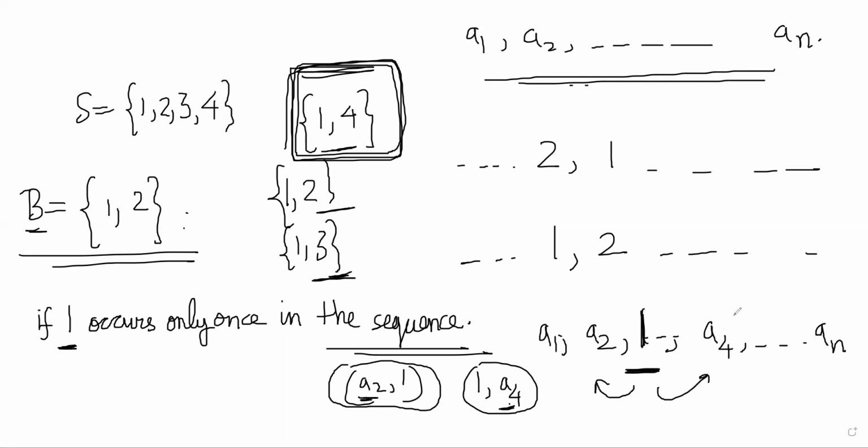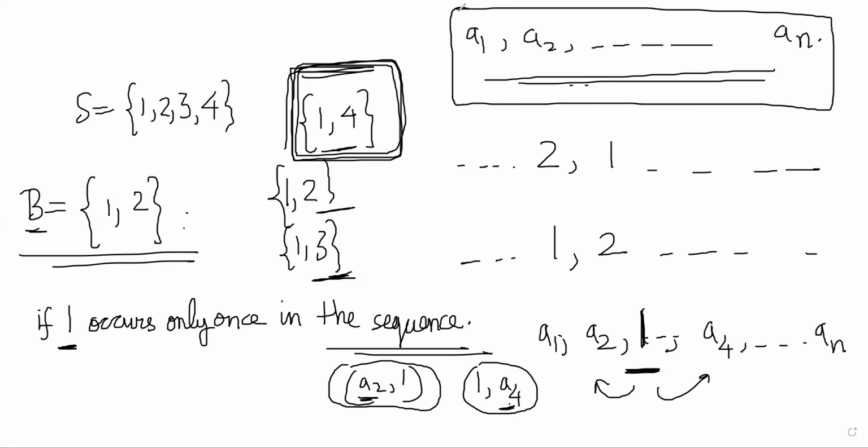My claim was that there could be an element X of the set S which occurs only once in the sequence, right? That was my claim. But I am showing here a contradiction. When you take B as a 2-element subset, you are getting 3 possible subsets, but you are getting only 2 spots and 2 numbers that you can fill to create 2 consecutive terms, right? I hope you are getting the logic. There is a contradiction here, and therefore what we can say is each element